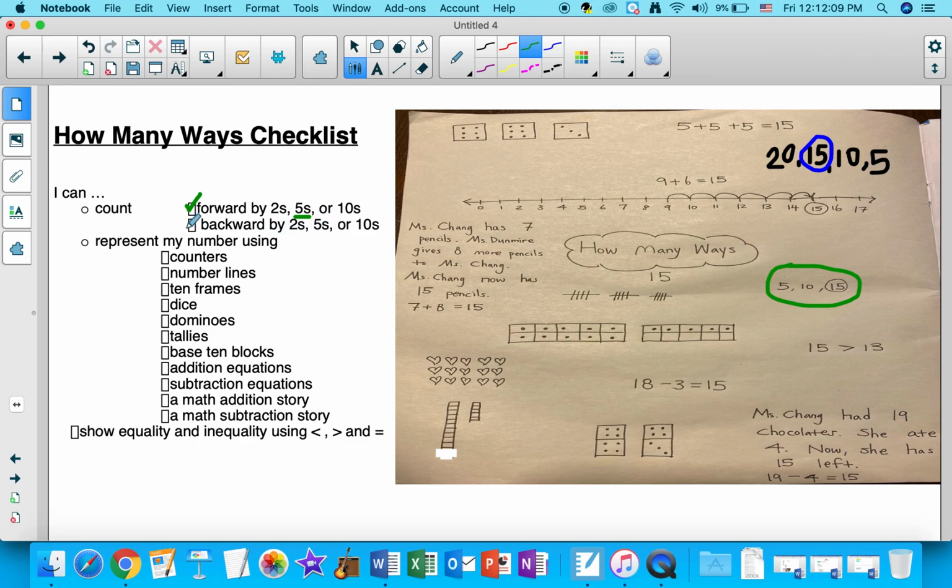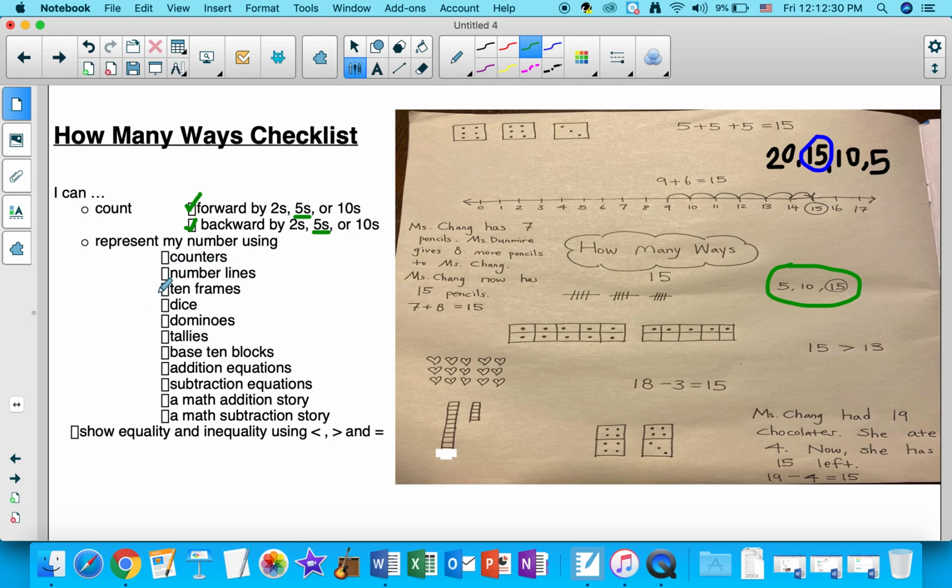I've done that, so I can put a check mark here, and I can underline 5s because I counted backward by 5s. Okay. Now, the next part is I can represent my numbers using